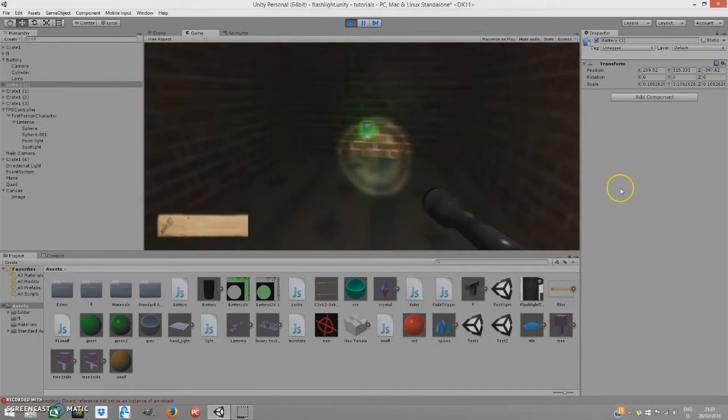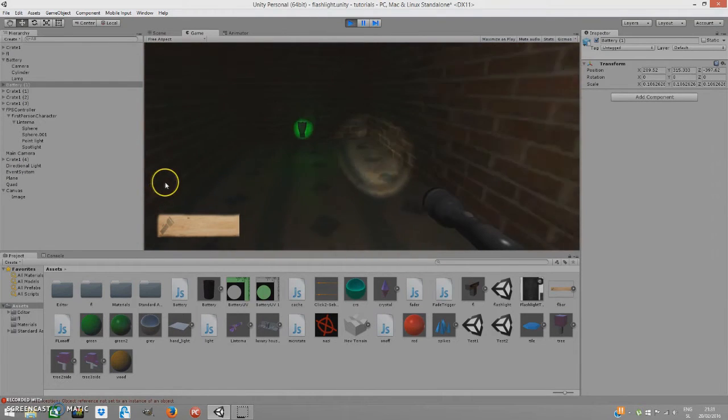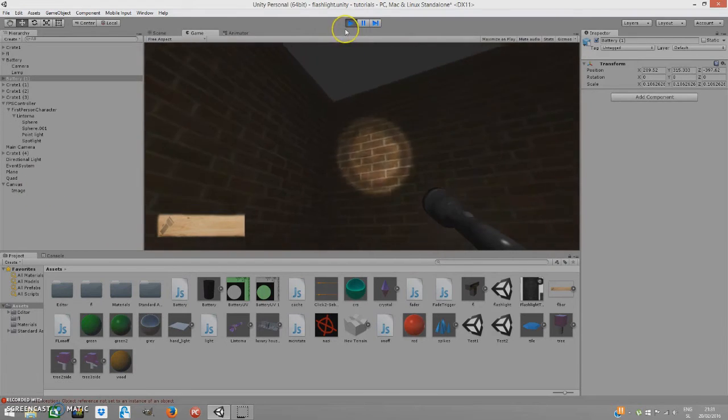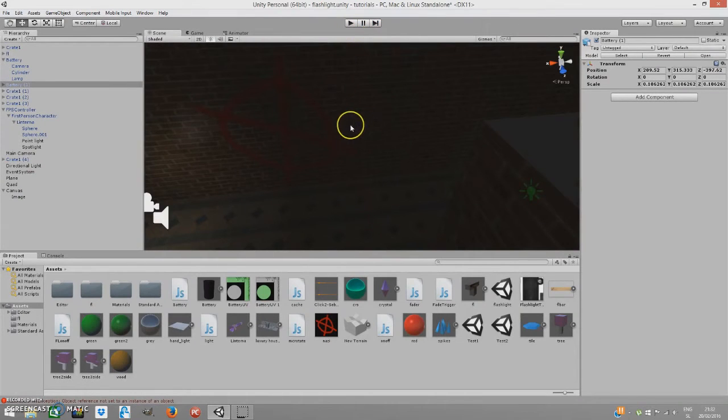Let me just show you. As you can see, we picked up one and now we picked up another one, and as you can see, it's working. So let me just clear the scene so you can start creating your own battery pickup